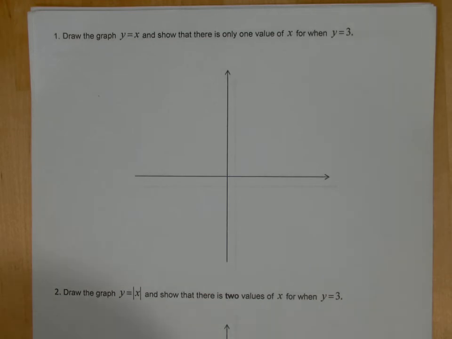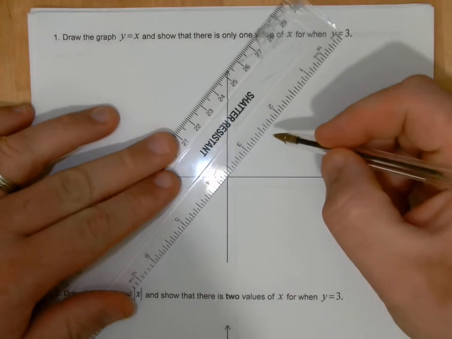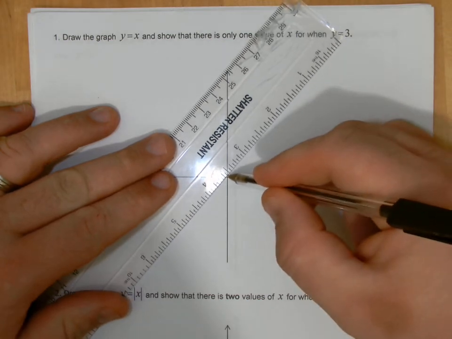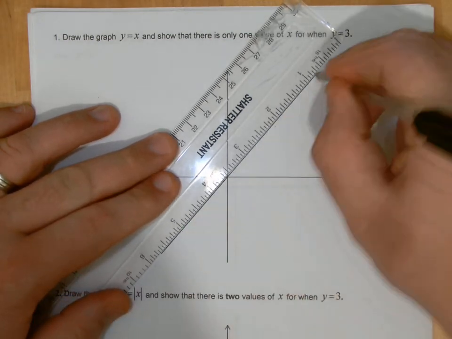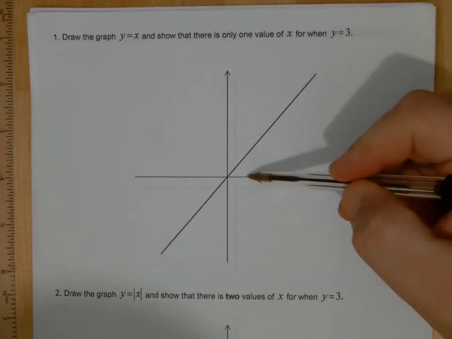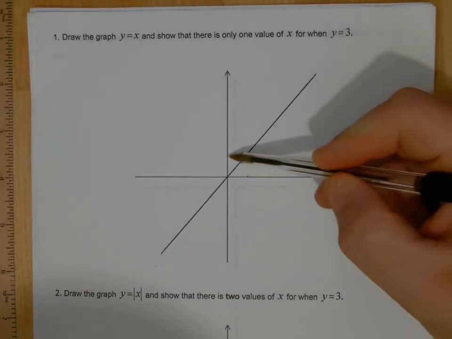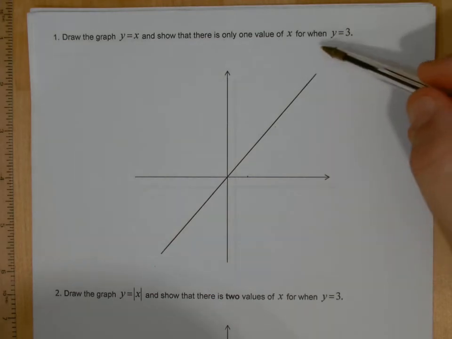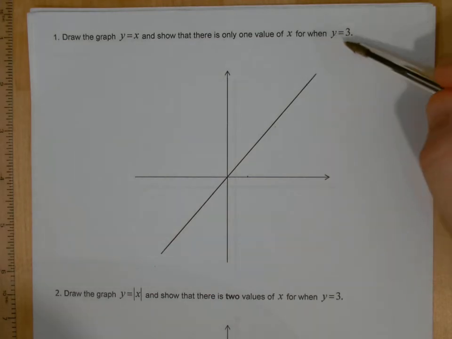Okay, so if we draw the line y equals x, well of course we know what that looks like. It is a 45-degree line that goes through the origin. But quite simply, whatever x is, y will be the same. So if x is 2, y will also be 2. Okay, in this case they're saying show that there's only one solution of x for when y is equal to